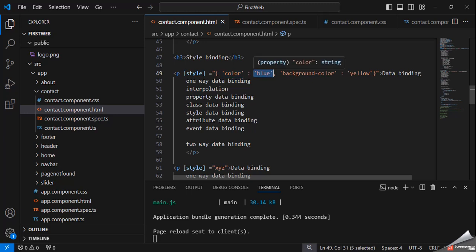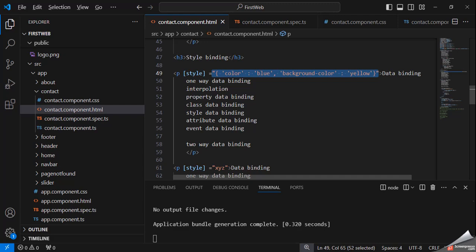If we want to declare multiple properties, multiple values, you can use a comma, and after that you can declare the other property and other values. Okay, so this is style binding. As you like, as you need, you can specify style, declare in square bracket, and after that you can specify the properties and values in this format.